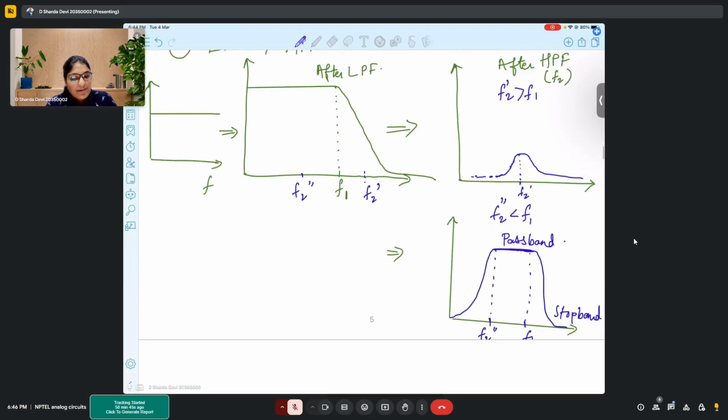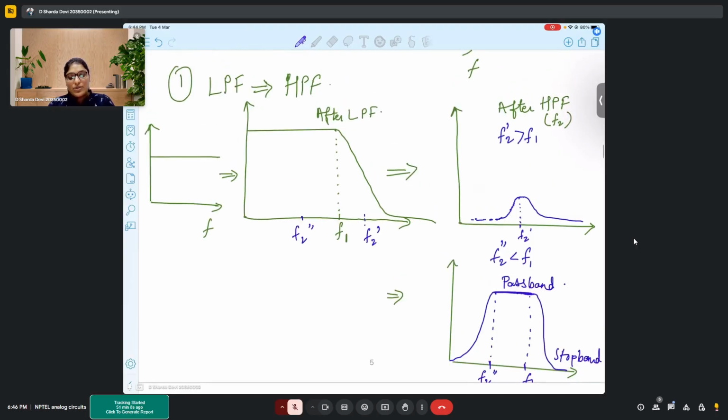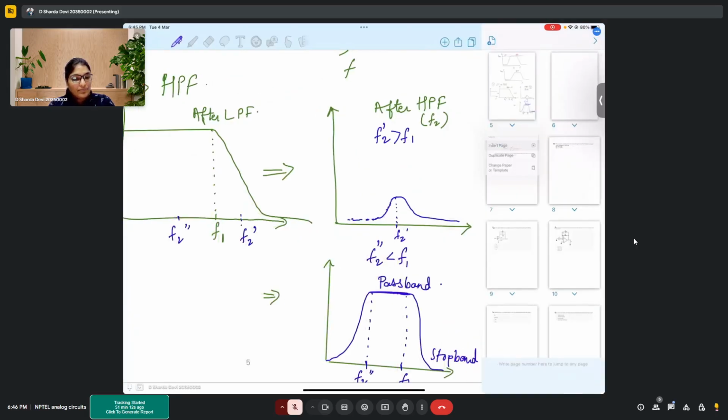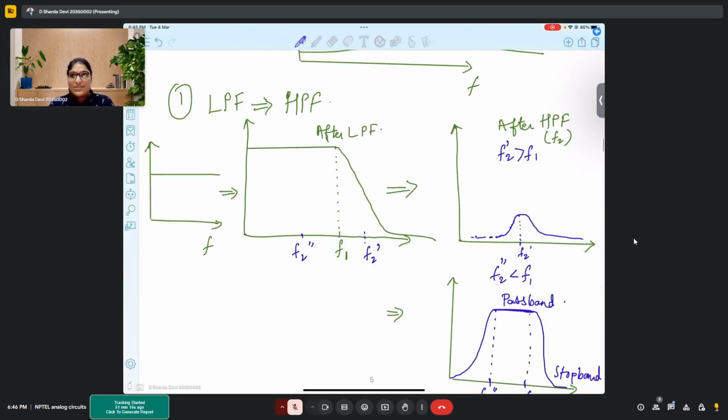So here we have observed, right? It is very important to first of all understand the cutoff frequencies of both the filters which I'm going to use to create a third filter, because based on the values of the cutoff frequencies, you will get the profile that you want, right? So this was one condition where we used a low pass filter followed by a high pass filter,